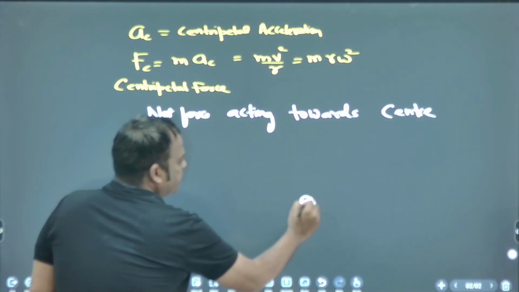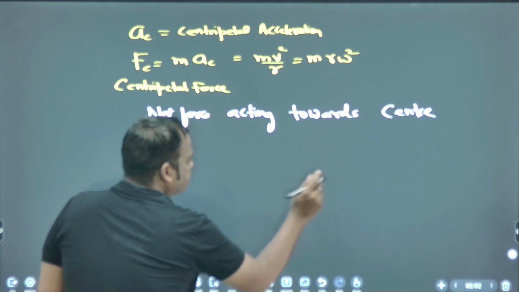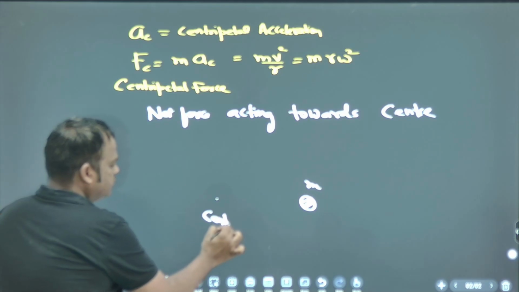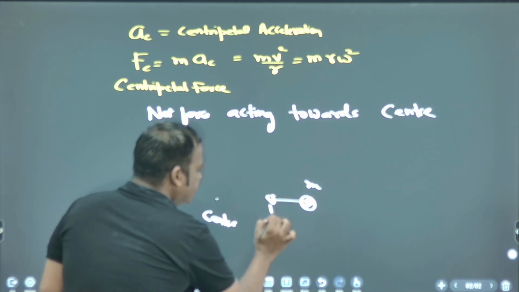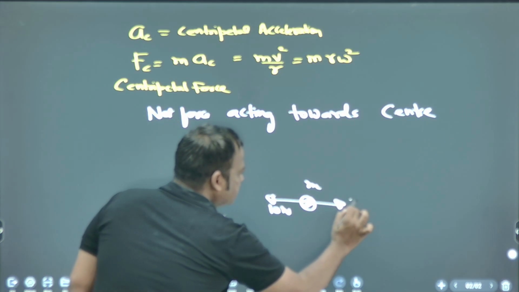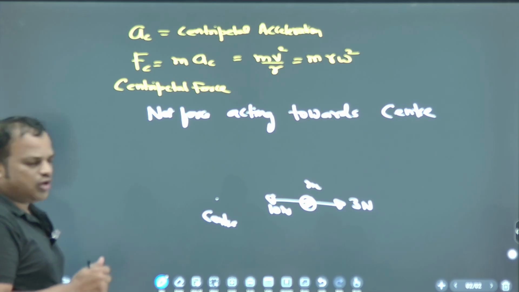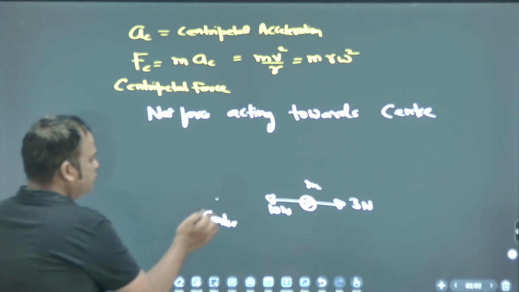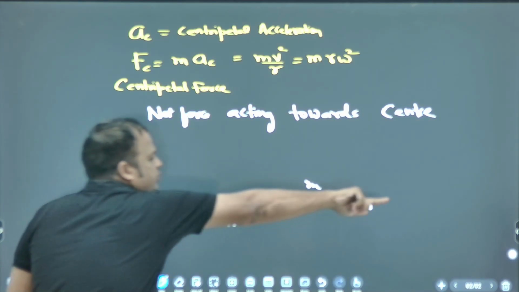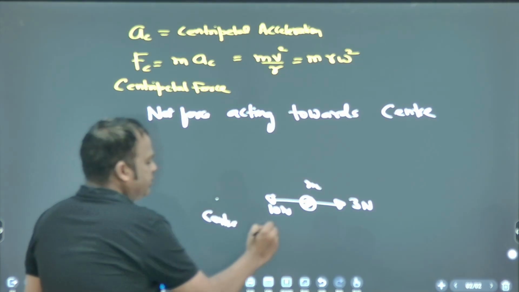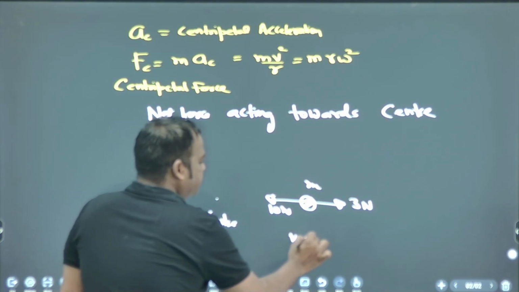Just remember this point. Suppose this is a particle of mass m, and this is the center. Towards the center, 10 Newton is acting. Away from the center, 3 Newton is acting. Can you tell me what the centripetal force is? Towards center 10 Newton, away from center 3 Newton. So what is the centripetal force? 7 Newton. Very good. So net force